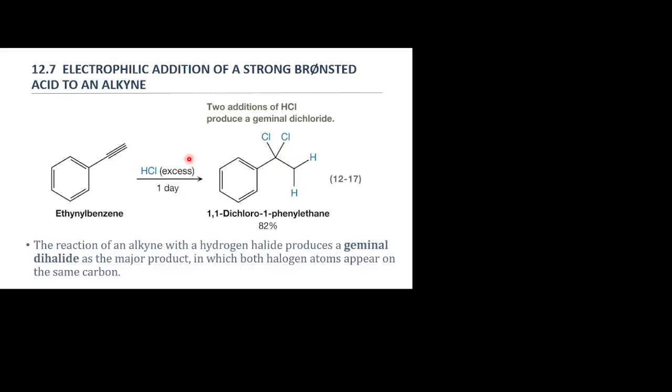If you had a 1-to-1 ratio, you'd just do it once, right? And you wouldn't get the full addition across the double bonds, the pi bonds. And so that's going to give us 82%. Do remember that we can have the anti-Markovnikov product on these things, and so we do get some of that. Not a huge amount, though.